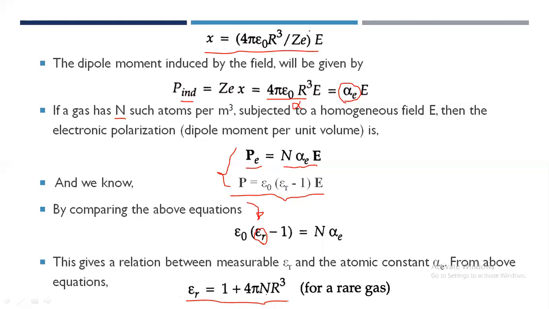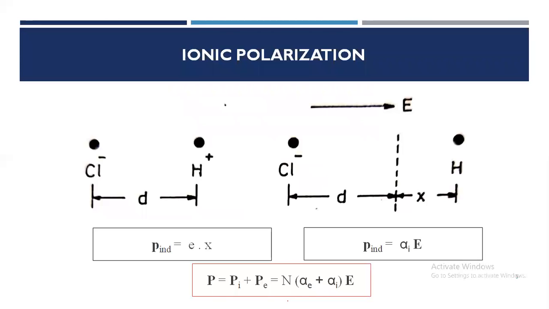This is all about electronic polarization. Let's see the ionic polarization. In an ionic bond, when two different atoms join together, there is a transfer of electrons from one atom to another. Let us consider a typical ionic compound, that is sodium chloride,